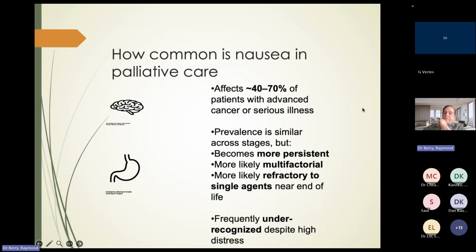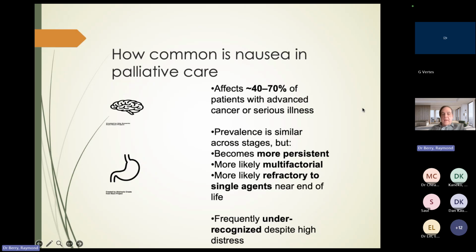How common is nausea in palliative care? I see it all the time. The literature says 40 to 70%. And often the literature says prevalence increases as disease progresses. I don't really find it increases. It becomes very persistent, very entrenched, much more refractory. This is usually because the pathways have been activated and are sensitized and continue, and multiple